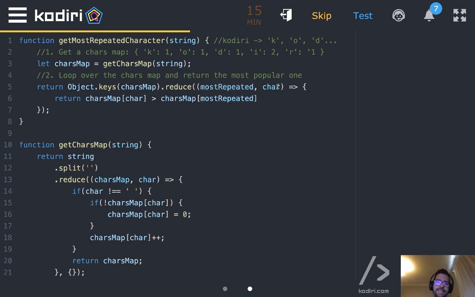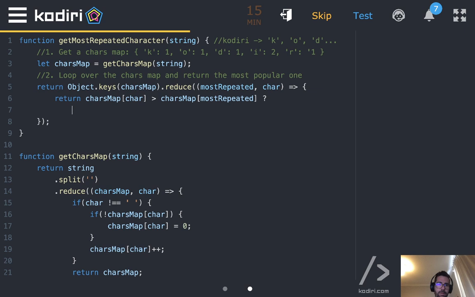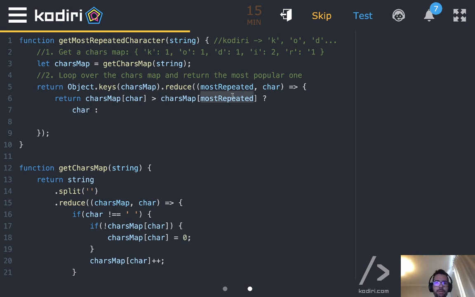If a character is more popular than whoever was the most popular, then return character. Else, continue keeping the mostRepeated as it was. And eventually that will return the most repeated character.